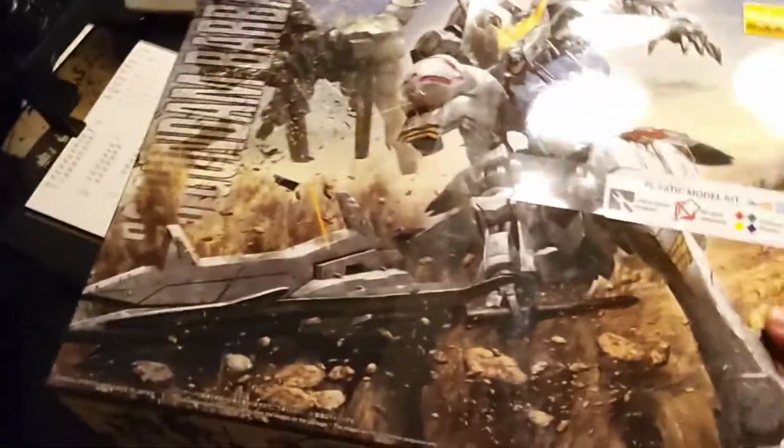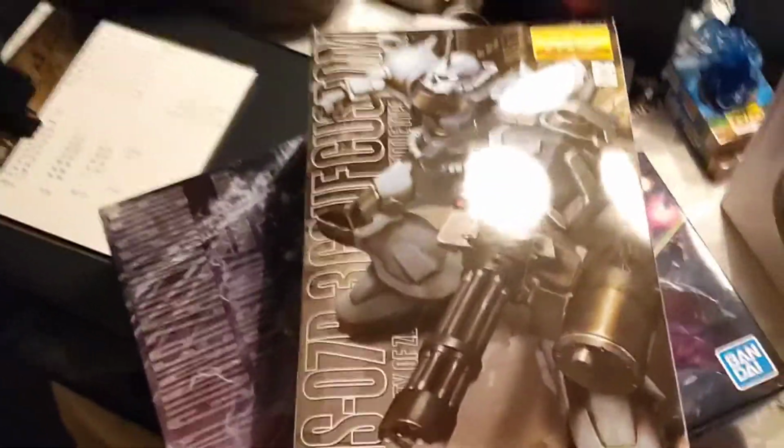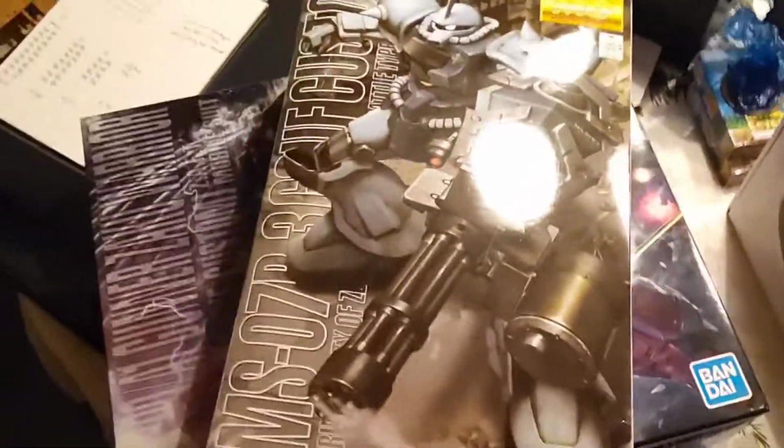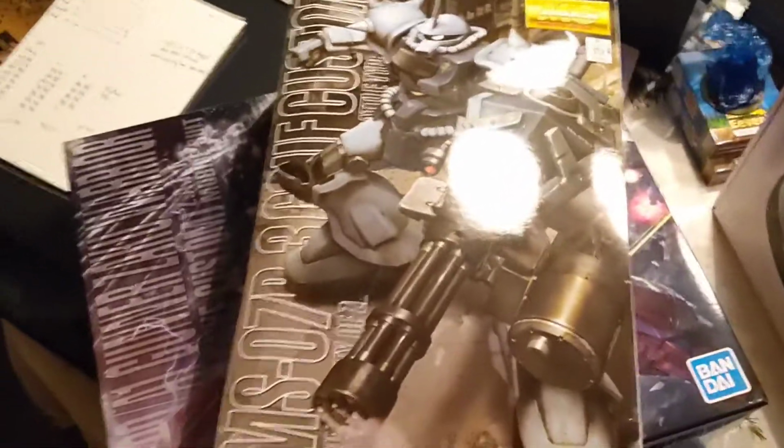But this is the stack of Gundam that I have waiting for me. Looking forward to building this. Best thing about it is I don't have to paint it if I don't want to. I probably will wind up priming and painting. But yeah, I could definitely recommend